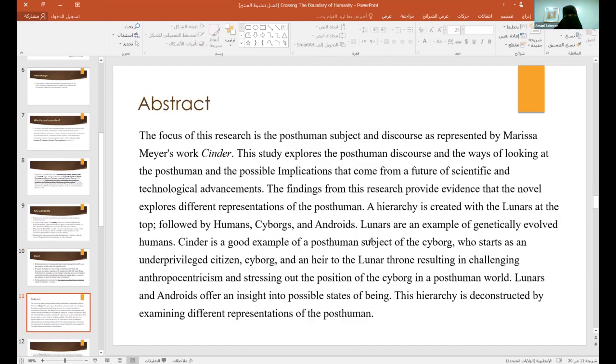So in this paper, I discussed the posthuman subject and discourse and ways of looking at the post-human and the possible implications that come from a future of scientific and technological advancements. The findings in my research provide evidence that the novel explores different representations of the post-human. A hierarchy is created within the novel that privileges the lunars, who have evolved in the novel to